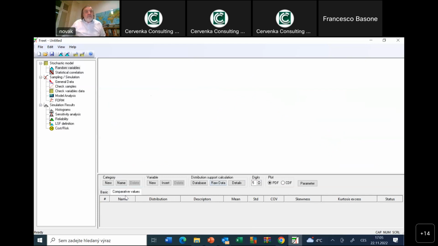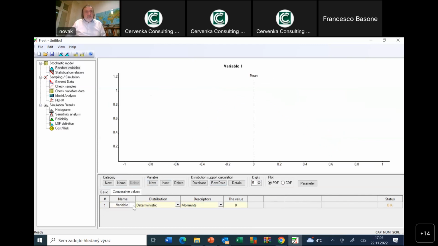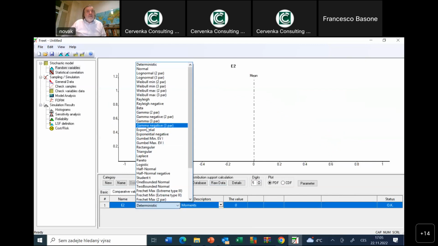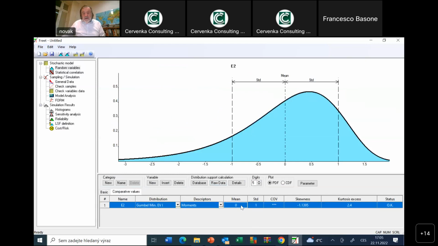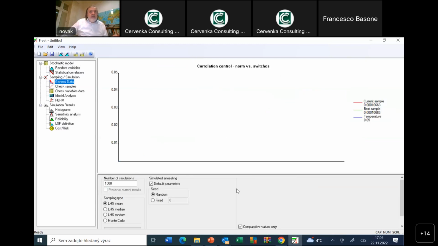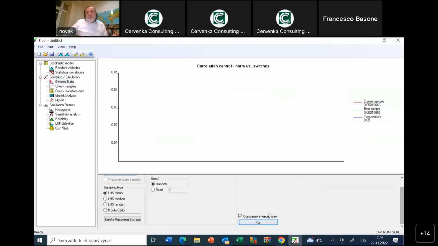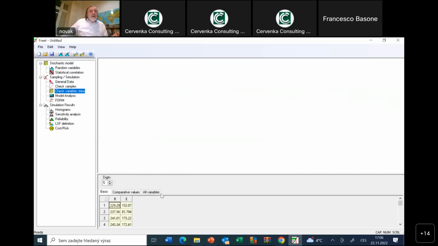So, for example, if I put another load, comparative value load, as a new variable here, and this will be, let's say E2, right? It will be another load, for example, of maybe Gumbel distribution, right? And another load will have the value of, for example, 20 with variability 10%, for example. Then I can put it there and go after that to general data, and now I can sample only comparative values, so it's a run, right? And check variable data. I have also comparative values now the sampled, yeah, and